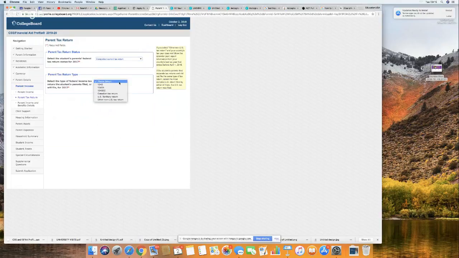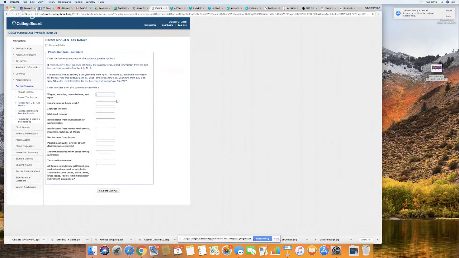Parents type, you see you've got the US choices here with the 1040s. But in most cases, what you're going to choose is non-US tax return. Okay, so